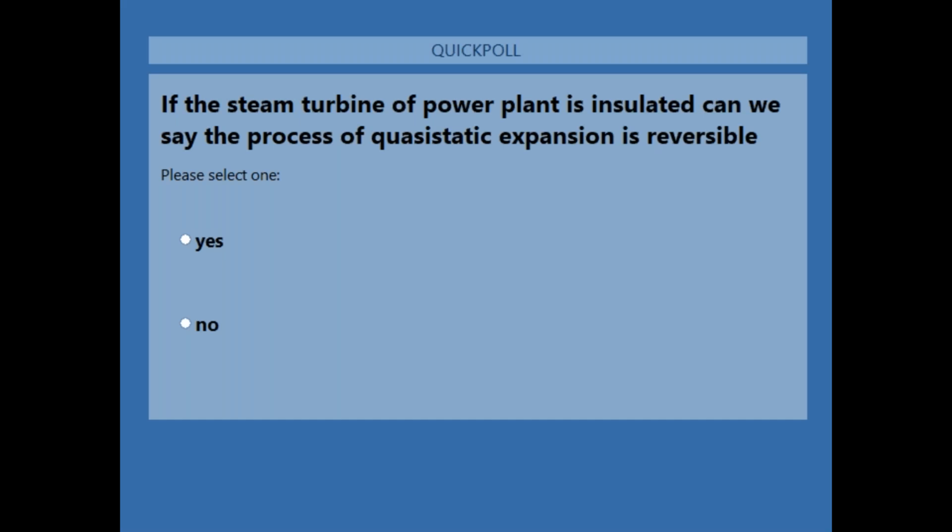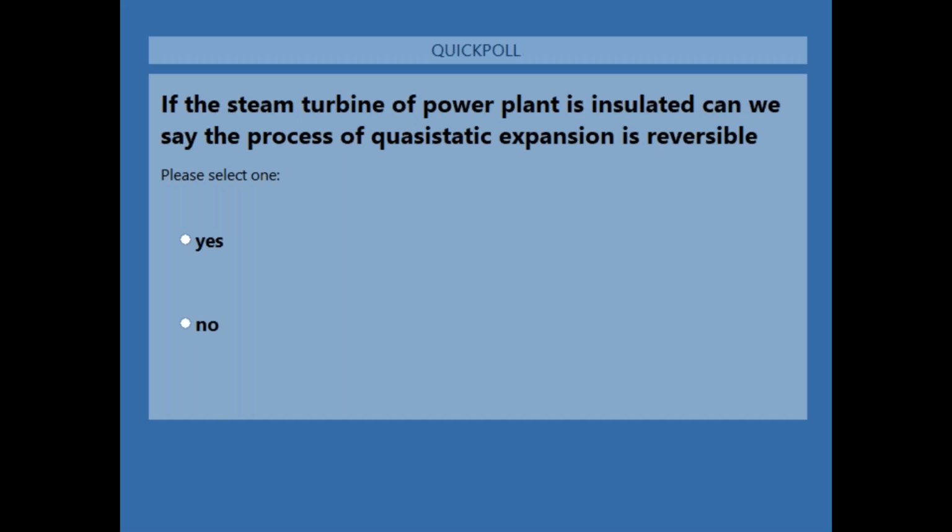80% of the students have voted, and of which 60% of the students have got it right. Please note that the process is an adiabatic process because it's insulated, so there would be no heat exchange between the system and the surrounding, but still there would be dissipation, and this dissipation should lead us to say that the process is an irreversible process,